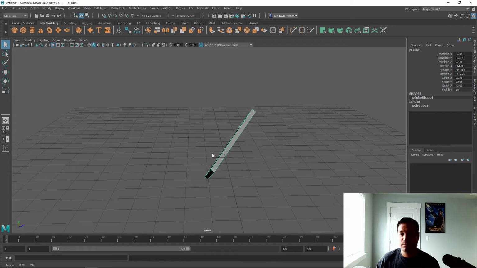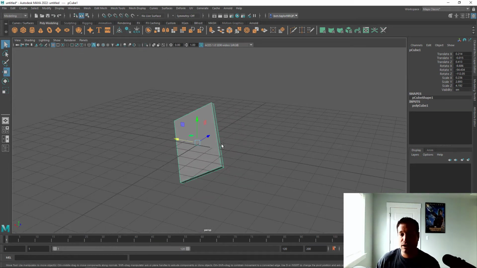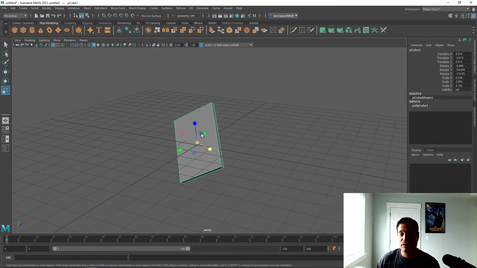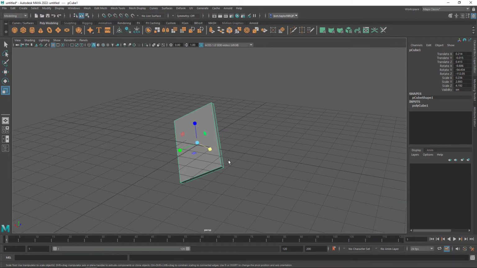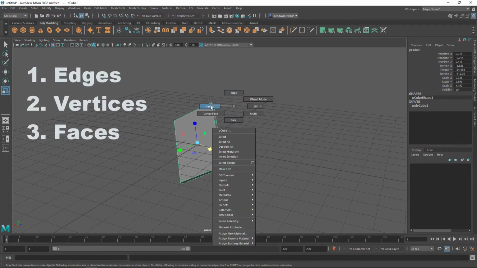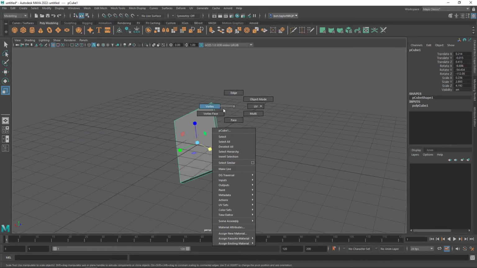Okay, so we've got this object selected and we can move it with W, we can rotate it with E, and we can scale it with R. We know that, but what if we want to move components or parts of this? There are three main components to any polygonal object. And if I right click and hold, I've got edges, vertex, or faces, and I can manipulate any of these